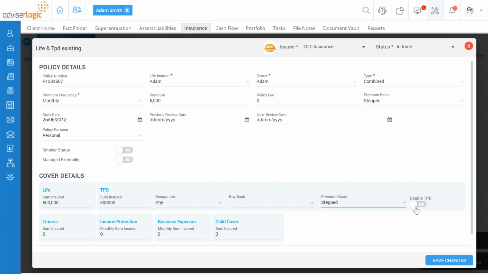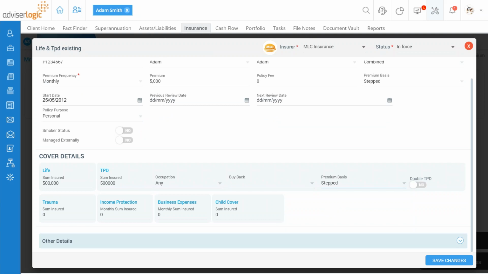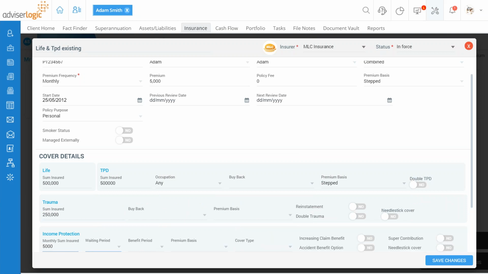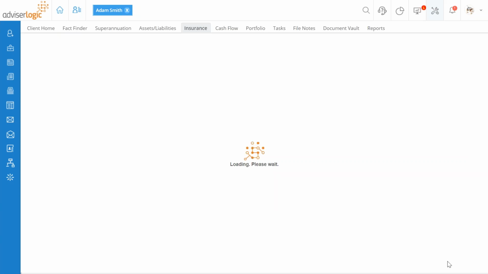You do have the option to enter in if the client has double TPD, or you continue moving through entering in the other sums insured. And again, as you're popping in a sum insured, you're seeing more options around the buyback, premium basis. If I put in an income protection amount, I need to enter in waiting periods, benefit periods, and the like. So it's all about entering in the types of cover that your client currently has in place. Once you've done all of that, you'll click on Save Changes, and that will have added in the client's